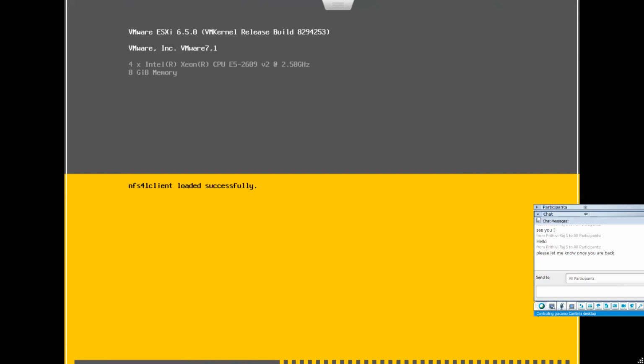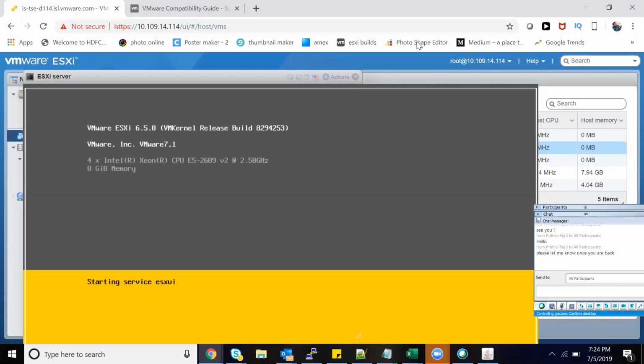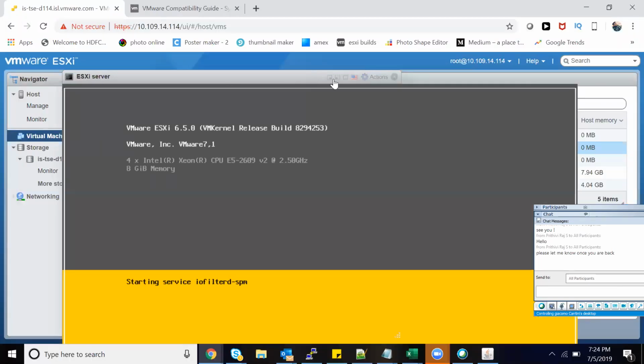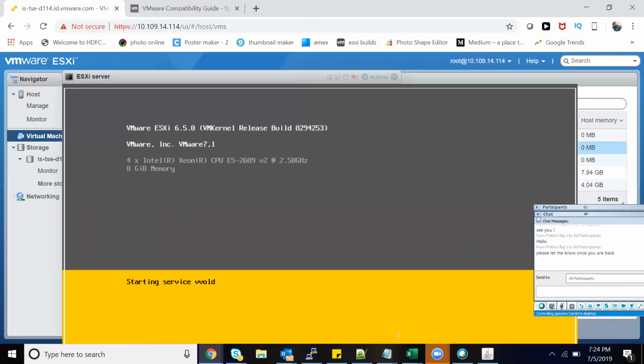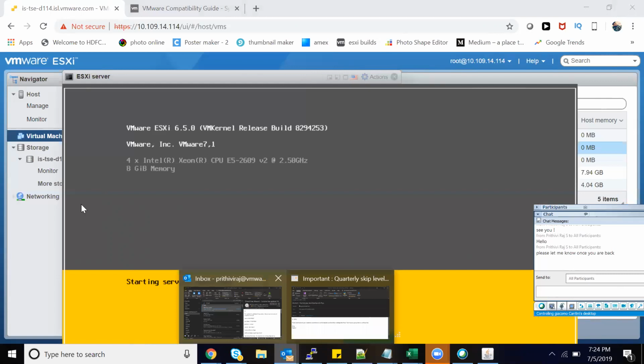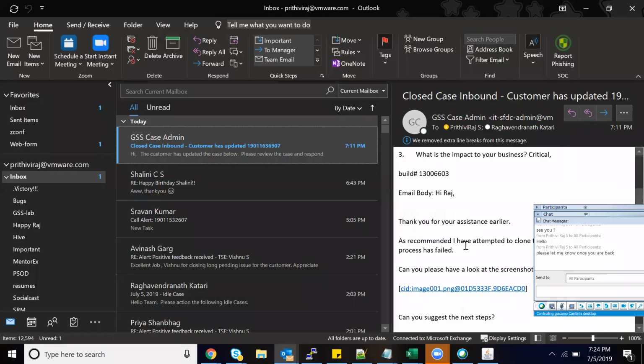Something happened. I minimized the screen. Why is it not coming? I'm not getting this option. One minute. This is the clock I was reading.